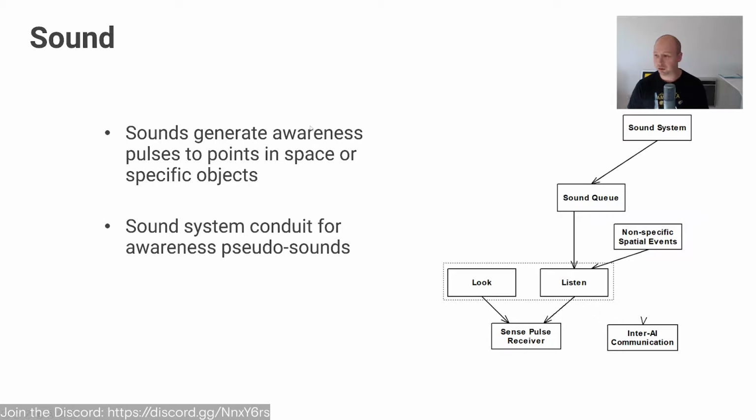Right, so sounds are really cool because they generate awareness at a point in space, and they can be very effective ways to communicate things across AI that don't require an explicit way. Like, for example, in one of the previous slides, an AI yelling grenade, and then all the other AIs hearing that grenade sound and running for cover. The one AI that is out of range won't hear it and won't behave, and here you go, you have some dynamic emergent behavior, because they throw a grenade, and the one schlub that didn't hear it is now in trouble.